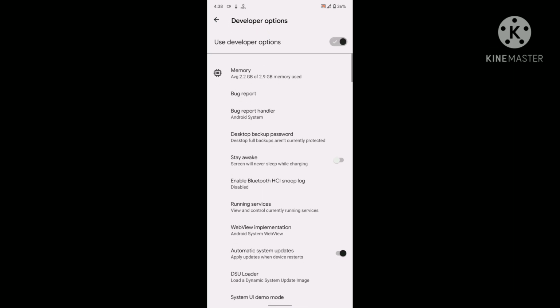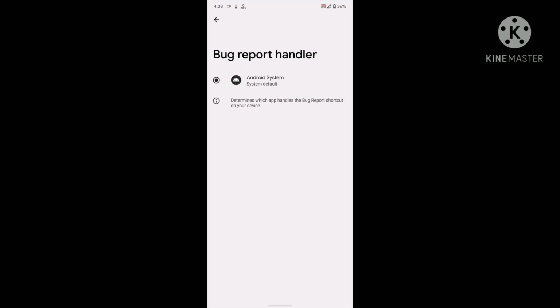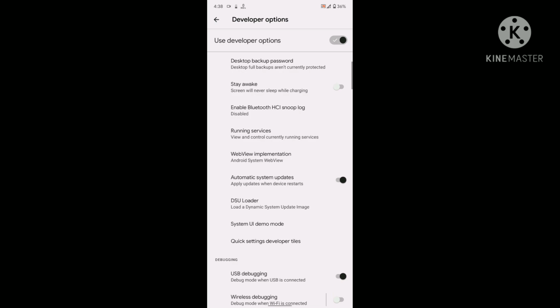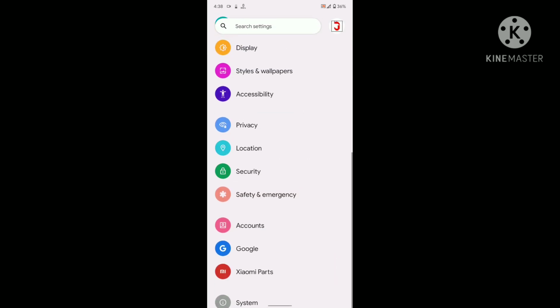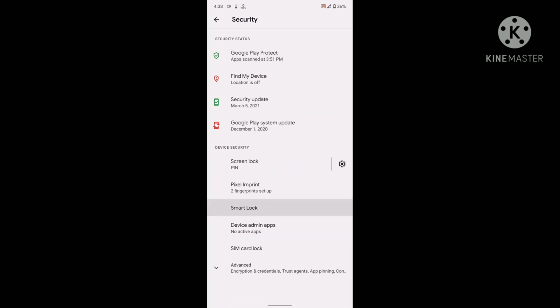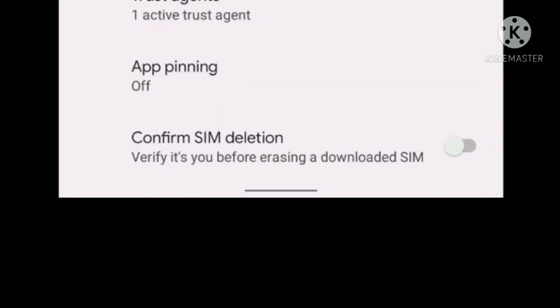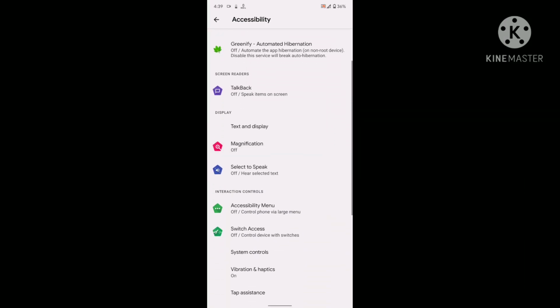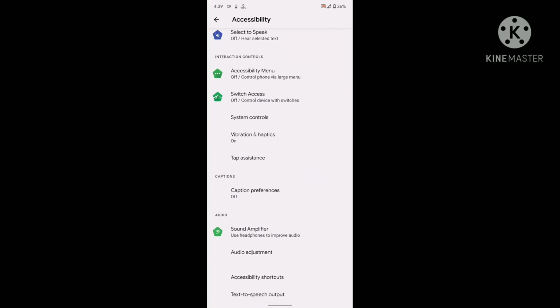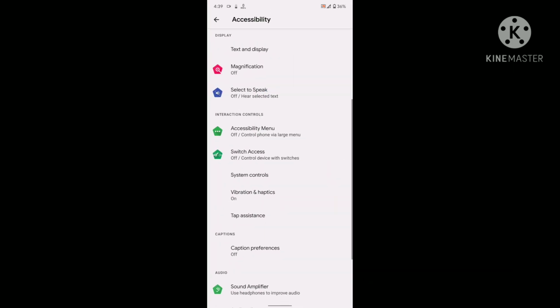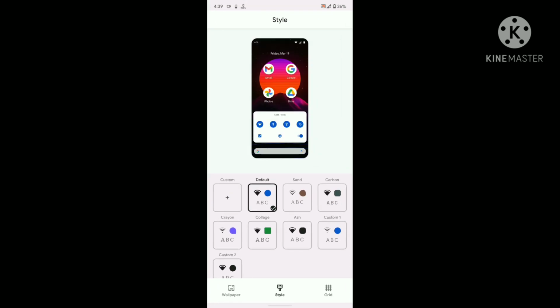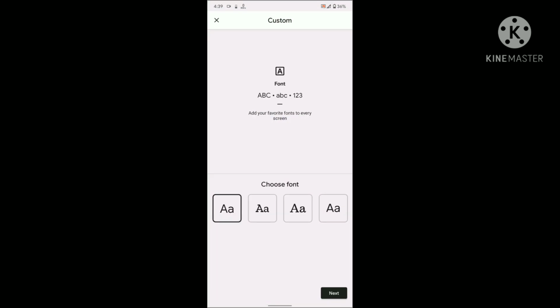Some elements of developer options, accessibility and homepage have been moved up or down to make it more compact or in your face. So there is nothing new in the security settings except this. I don't know if it is a Pixel 5 feature or an Android 12 one. Under accessibility settings you will also find this, which has some changes here and there. Under styles and wallpapers nothing has changed and it is still the same.